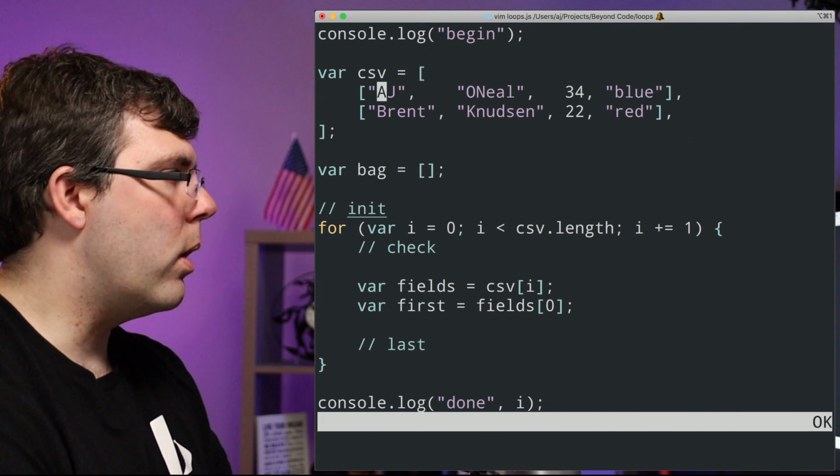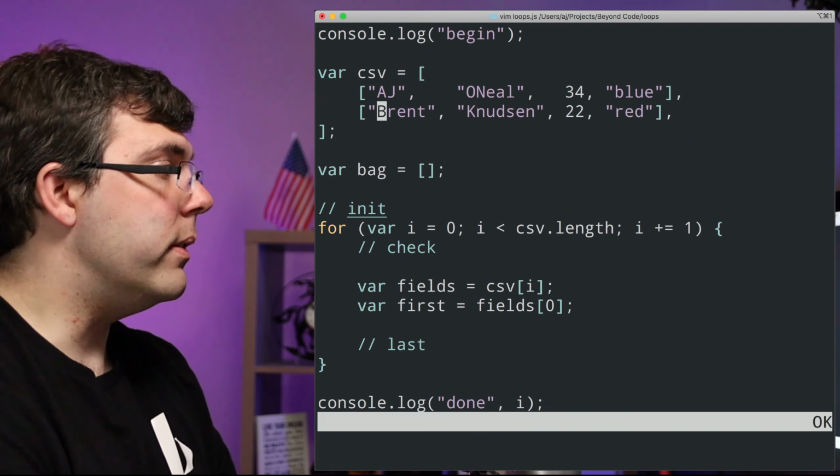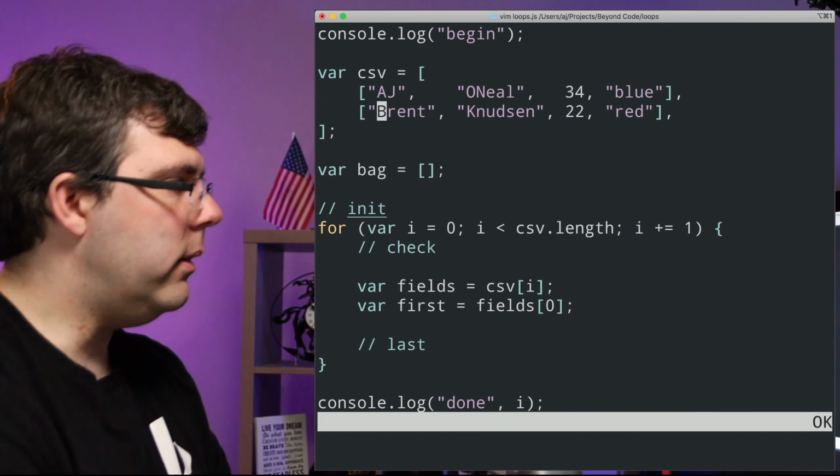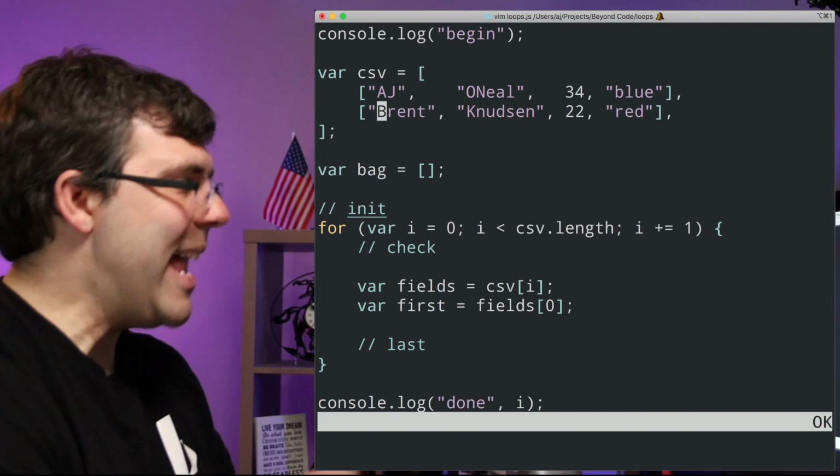So we're grabbing fields sub 0, and that would be AJ when the fields that we have are the 0th row or 0th set of fields, and it would be Brent in the next iteration when it is the first